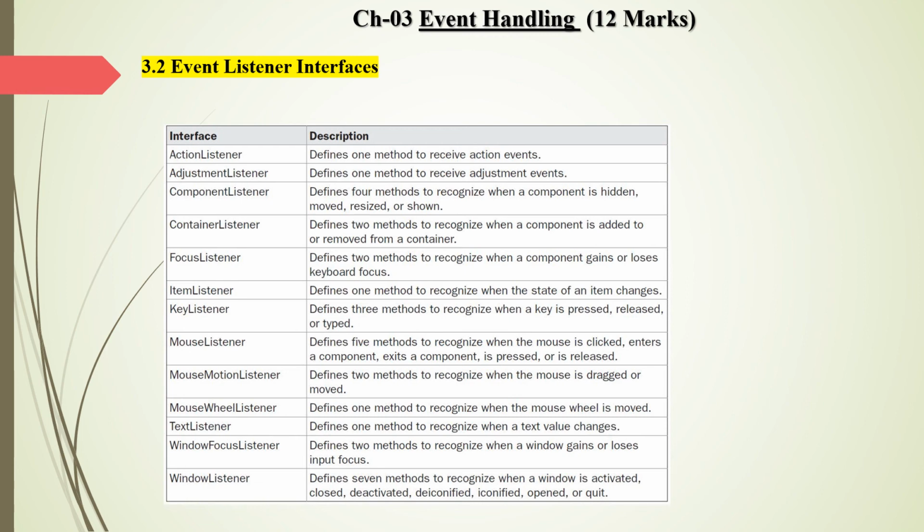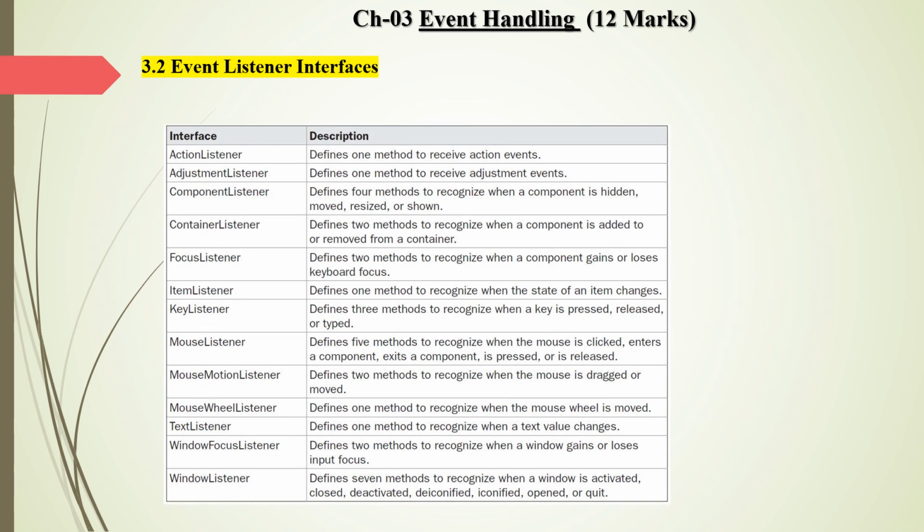Focus listener defines two methods, when focus is gained or when focus is lost, keyboard focus. Next, item listener has one method, key listener has three methods. First for when a key is pressed, second when a key is released, and third when a key is typed.